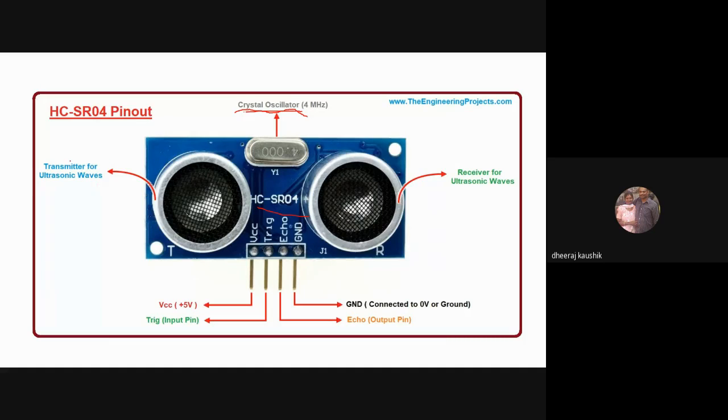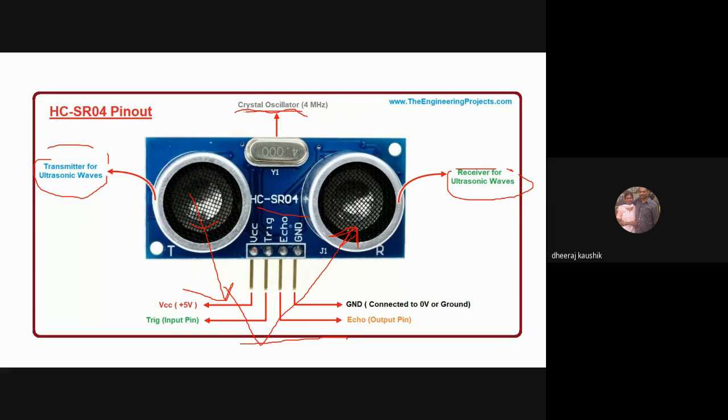And so this is the transmitter for ultrasonic waves, and this is the receiver for ultrasonic waves. So waves from this transmitter part get out of this sensor, and the same wave, after getting reflected from, say, this imaginary surface or object, gets received here. And there is a formula for calculating the distance, as you all know. I will be explaining that too.